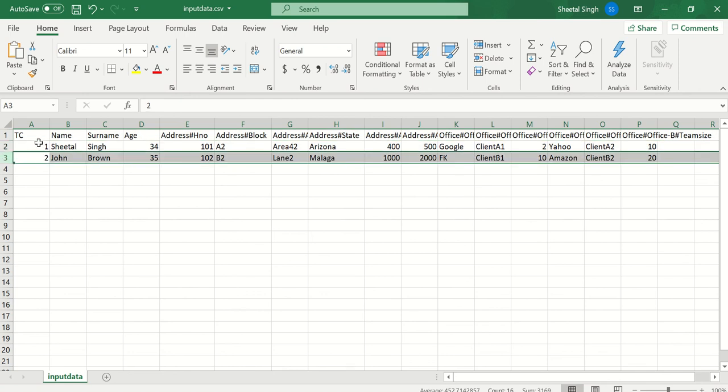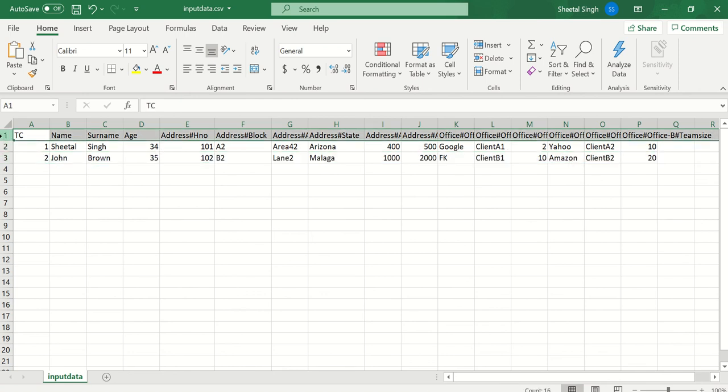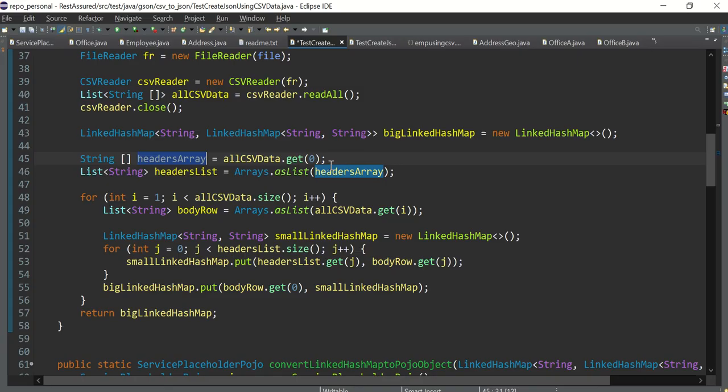Okay, we are not reading this. We are reading this complete row as an array, a string array. So this is the TC name. These are arrays of strings. It is something like the first will be TC, comma, then name, like this.